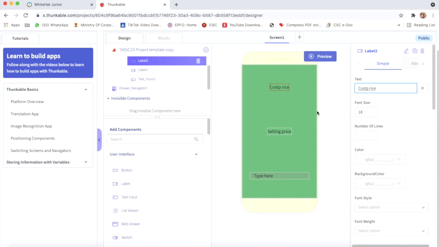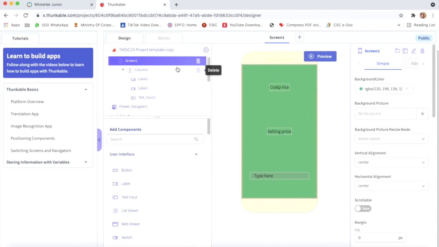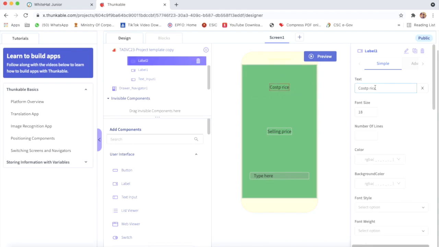Yes, and now we will take this cost price below text input. This is label 2. And we will drag this cost price below text input 1.